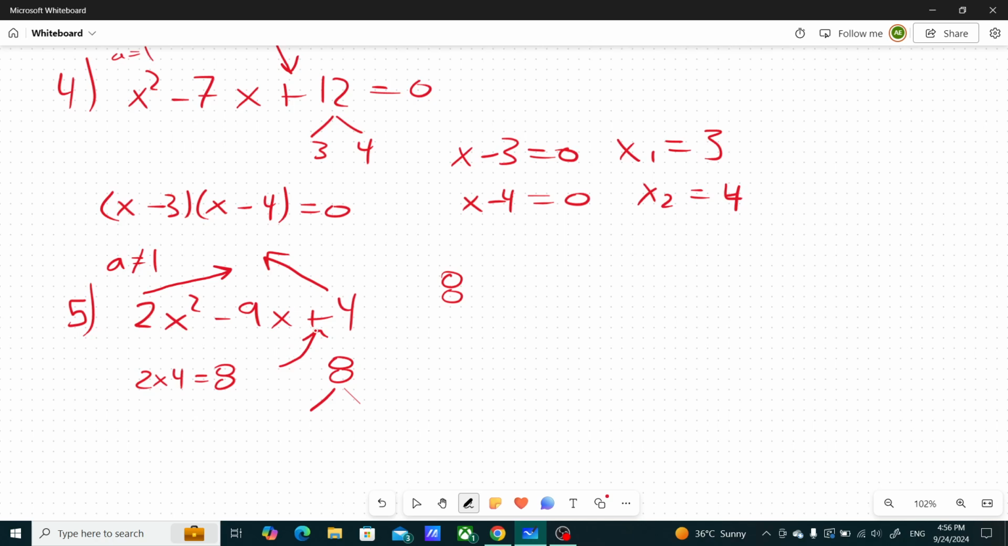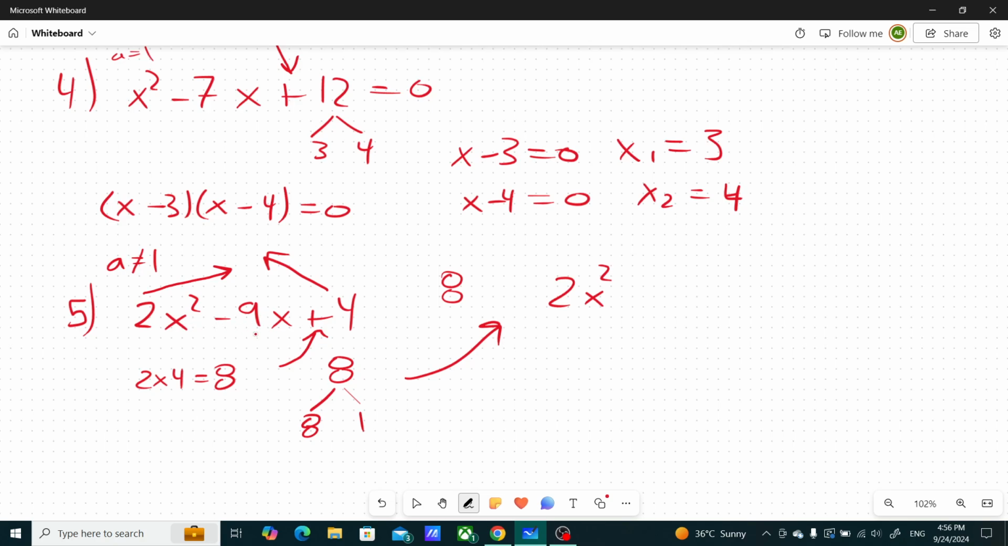I will then look at this sign. It's a plus, so I need two factors of 8 that will add up to the middle term, which is 9. And I know that these two factors are 8 and 1. Now, the second step is I'm going to rewrite